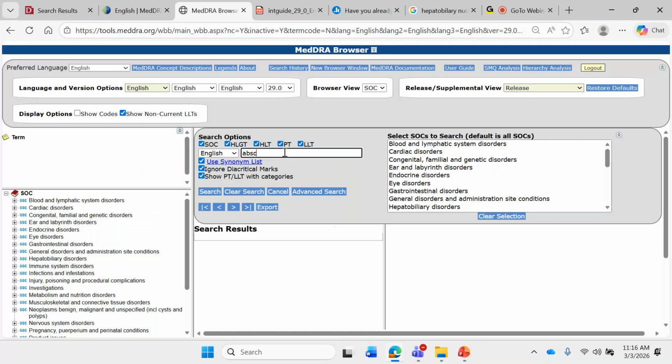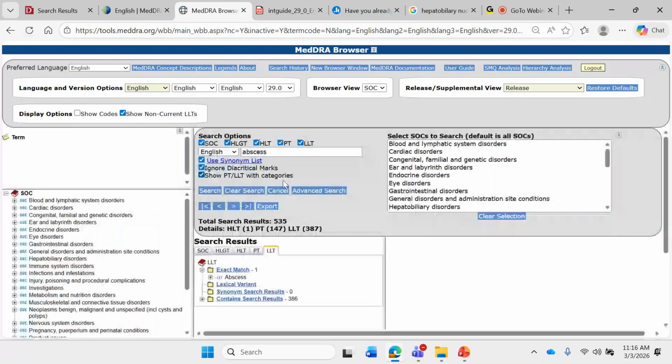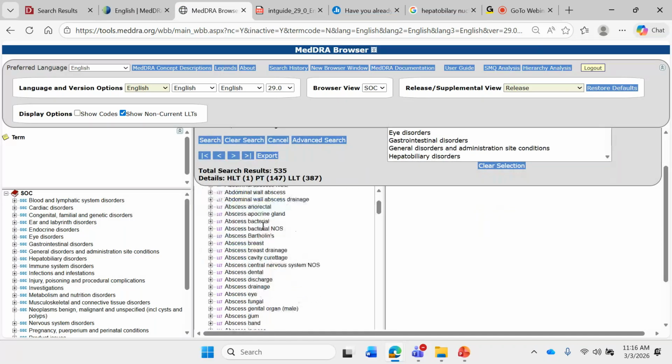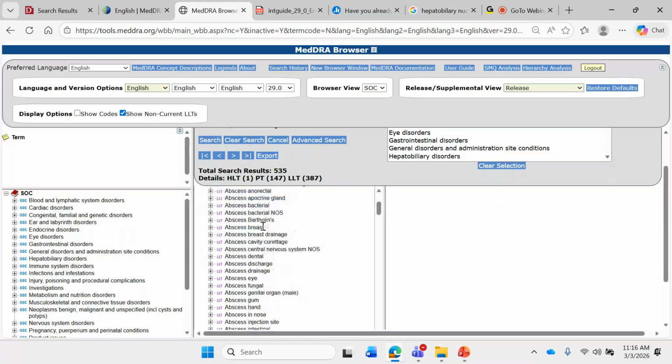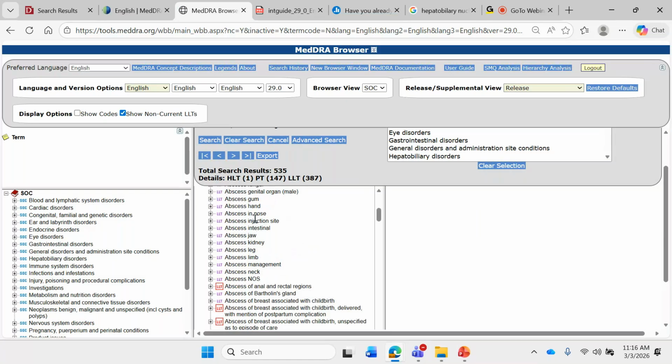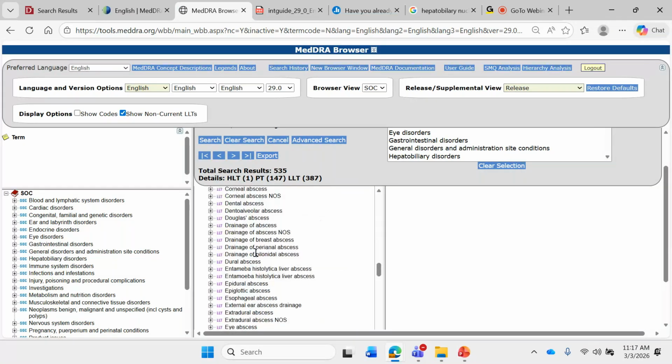So if we look at the term abscess, you will see that there's just the plain term abscess, but there are also 386 specific terms with different abscesses: abscess bacterial, abdominal, breast, gum, hand, but of course we chose the one that was most relevant to us or very specific, facial abscess, right? And if I highlight the PT where facial abscess resides and I right click and go to browser,